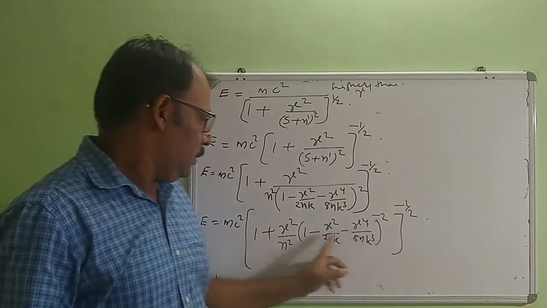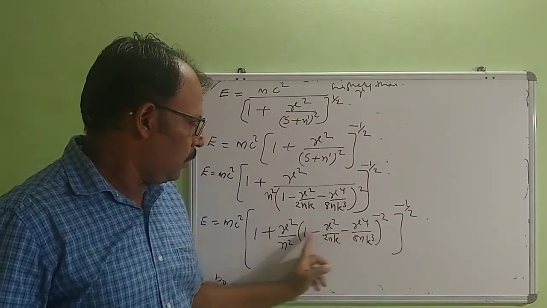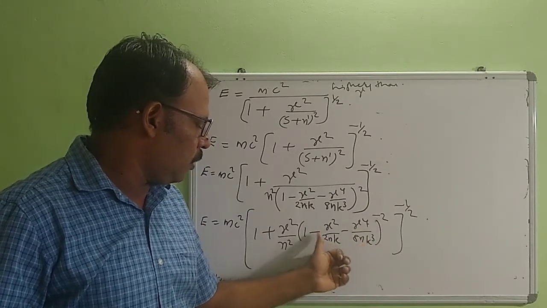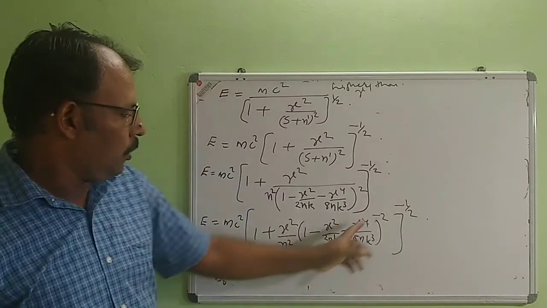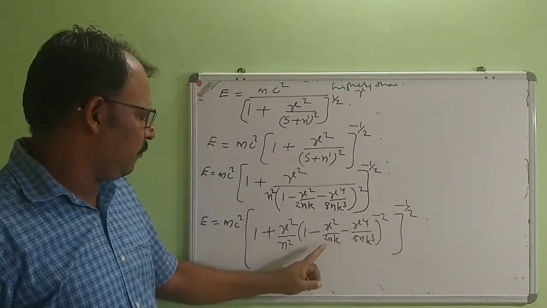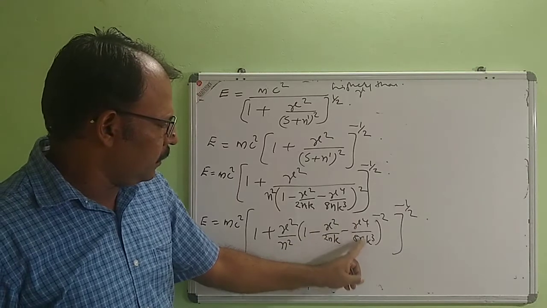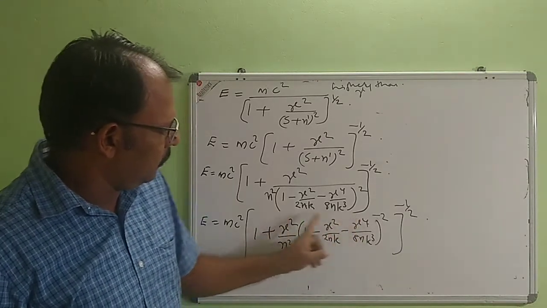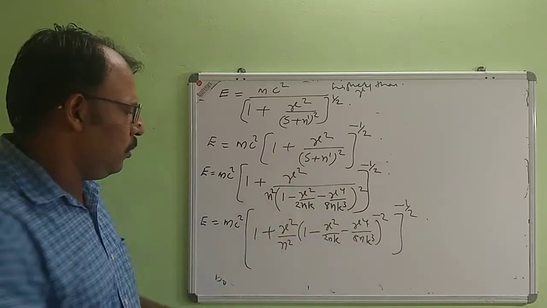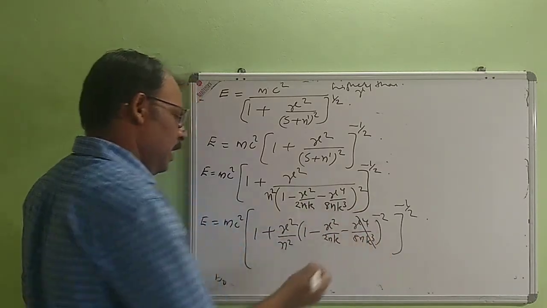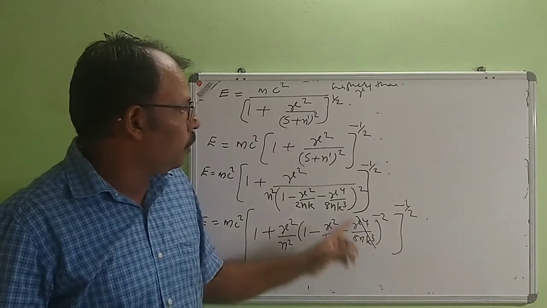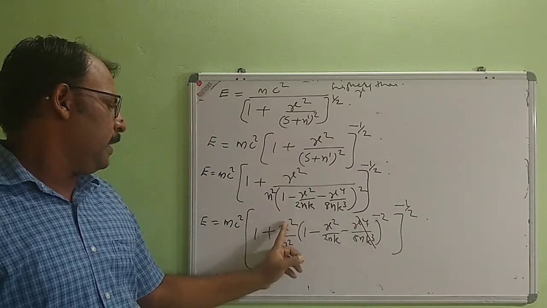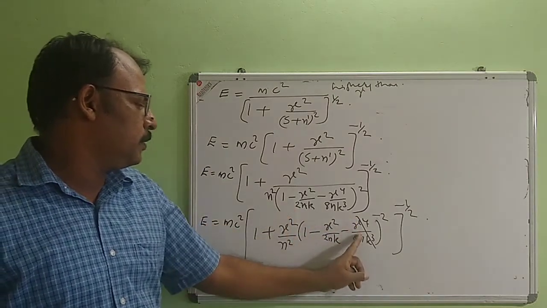So I am expanding this using binomial theorem. 1 minus the whole term, I am taking it as x. So 1 minus x the whole raised to minus 2. Using binomial theorem we can expand that. But when I preserve this term gamma raised to 4, here gamma square is there. So when I multiply these two, it will be gamma raised to 6. So need not preserve this term, gamma raised to 4 by 8n cube, because we are neglecting all the terms higher than gamma raised to 4. So this term will have gamma raised to 6. So need not preserve this term.